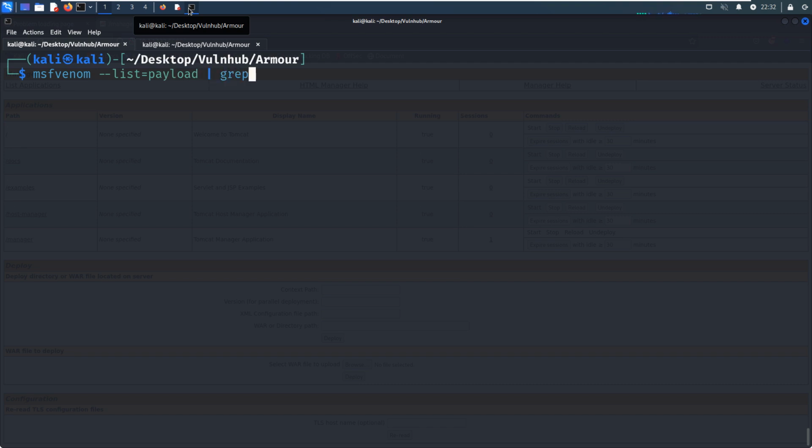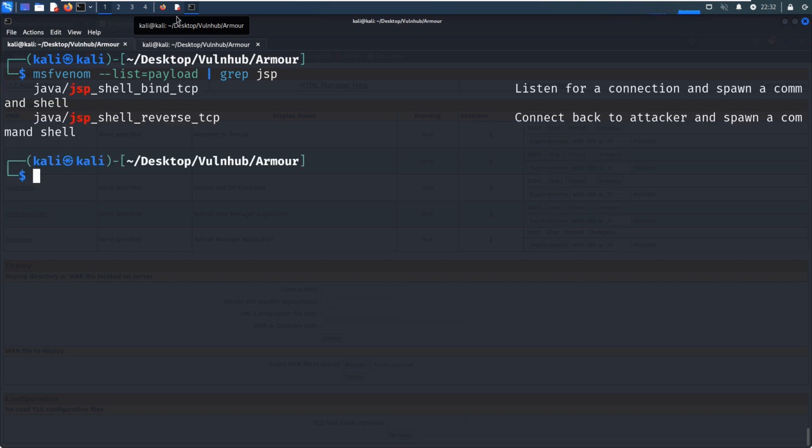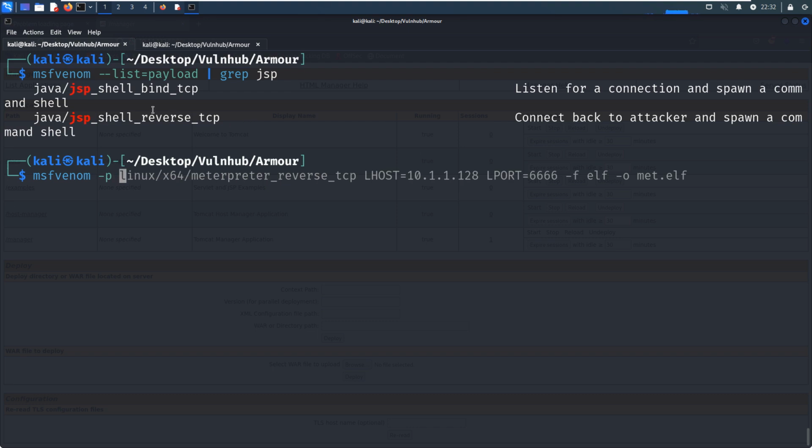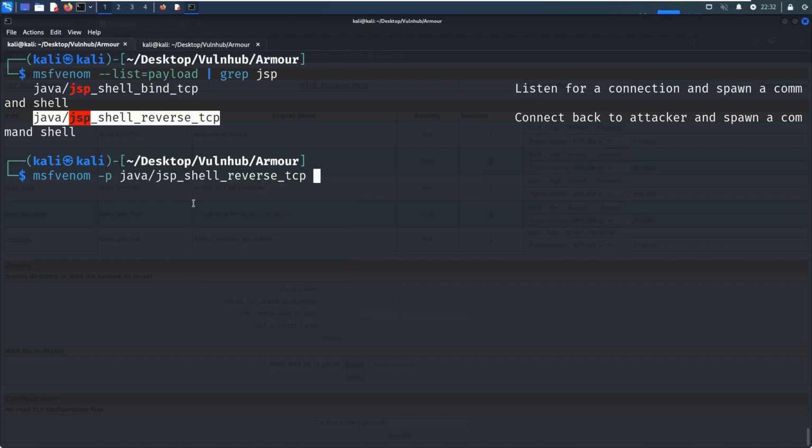And we can grep, because MSFVenom supports so many types of payloads, for JSP. Okay, we can choose this reverse TCP payload as the payload, and we can copy and paste in here.